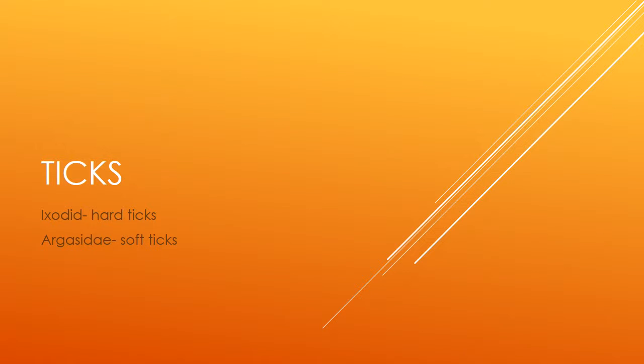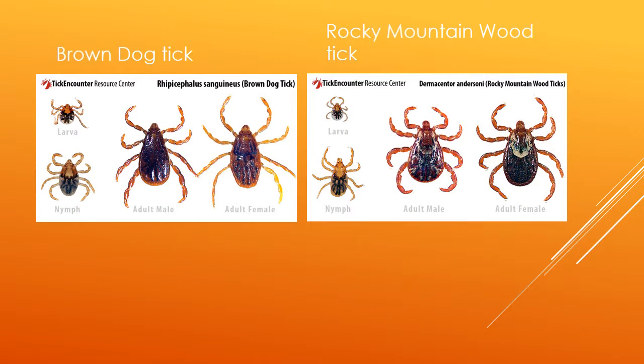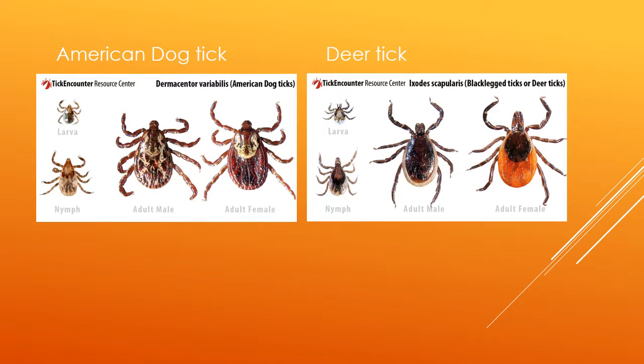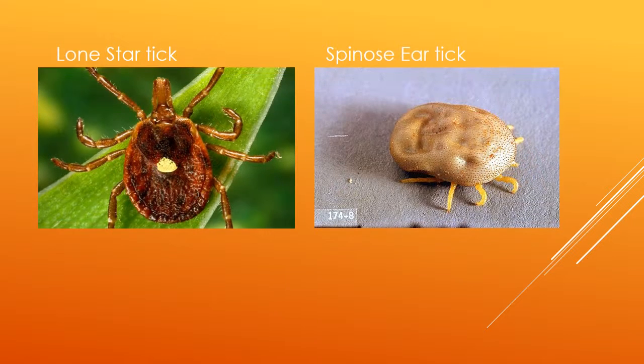Next we have the ticks. There are hard ticks like the brown dog tick, Rocky Mountain wood, American dog, deer, and Lone Star. Each tick is region specific and intermediate host for things like Babesia, Rocky Mountain spotted fever, Rickettsia, tularemia, and Lyme